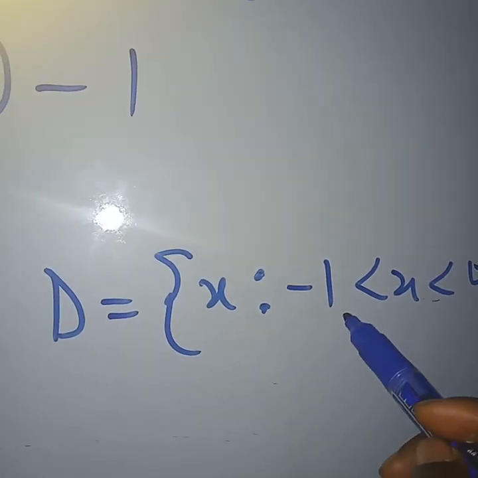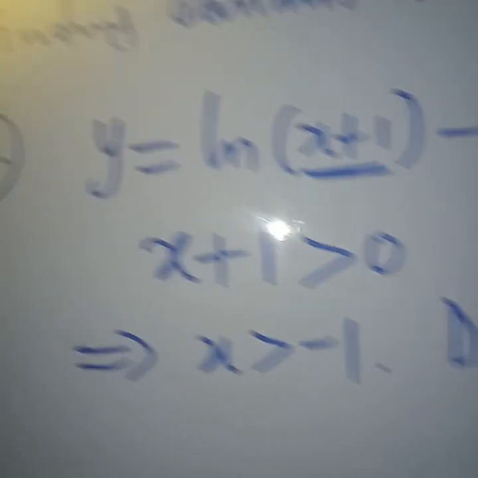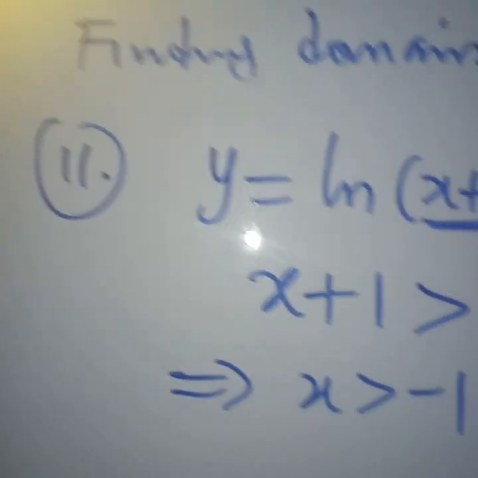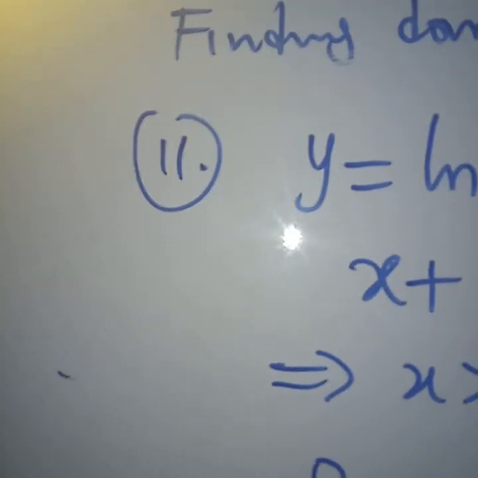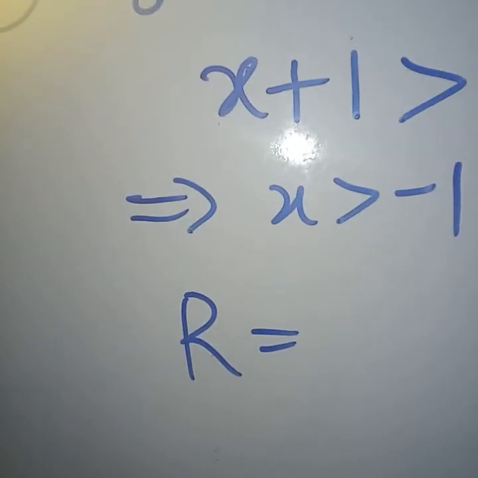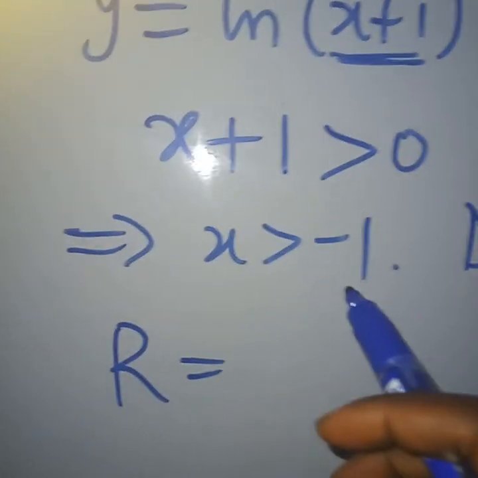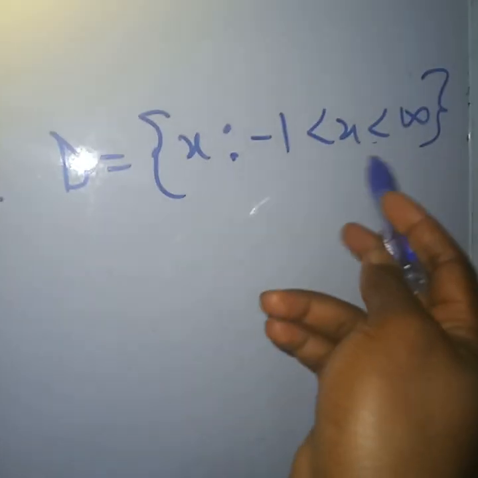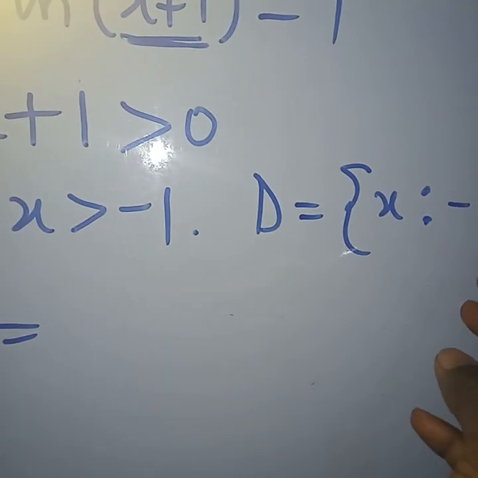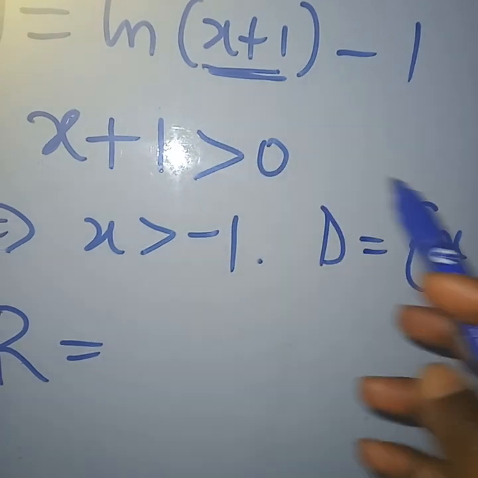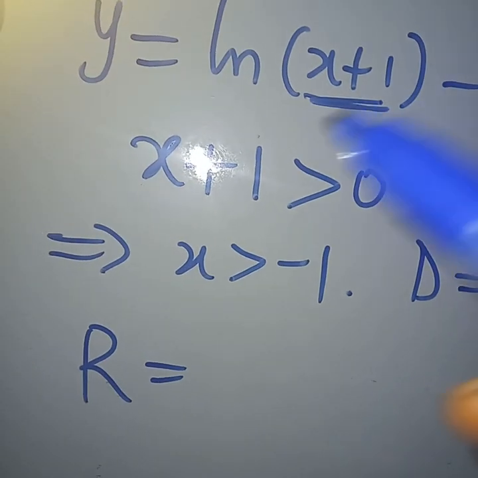Though it is on the boundary. And the range, which is R, the range of this equation, we'll observe that we can pick any number in this range, whatever number we pick. Okay, when we have that the range